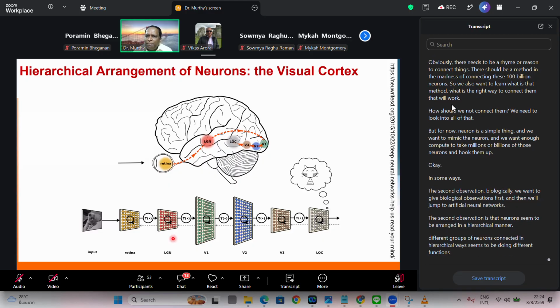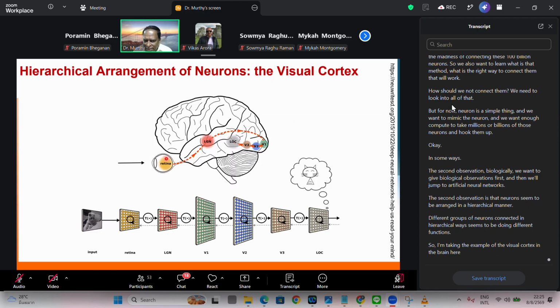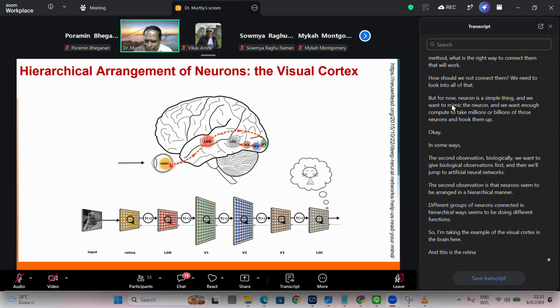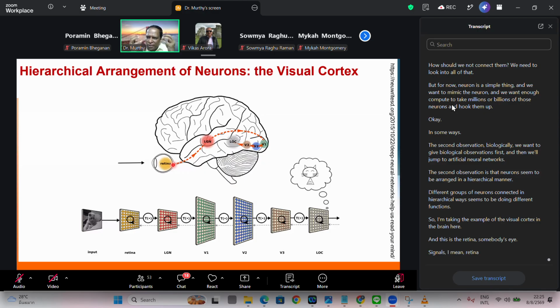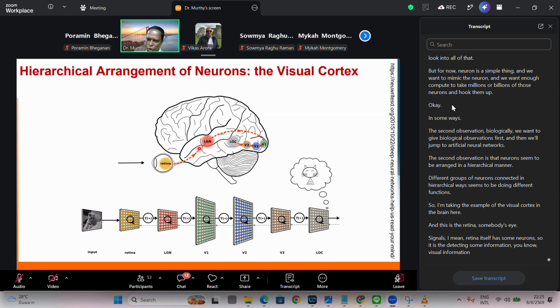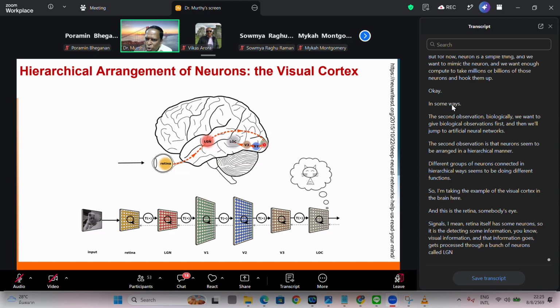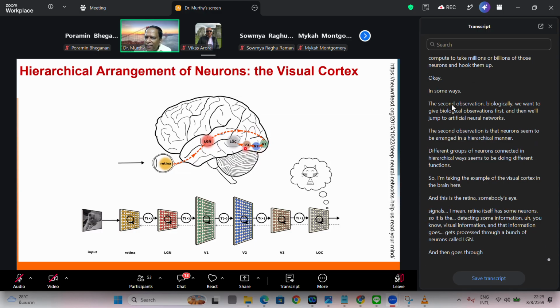So I'm taking the example of the visual cortex in the brain here. And this is the retina, somebody's eye. The retina itself has some neurons, so it is detecting some visual information. And that information gets processed through a bunch of neurons called LGN. And then goes through this hierarchical